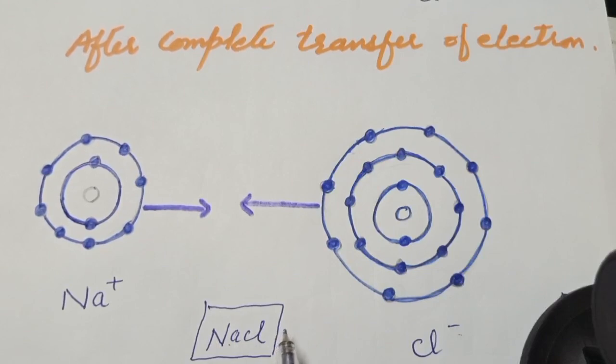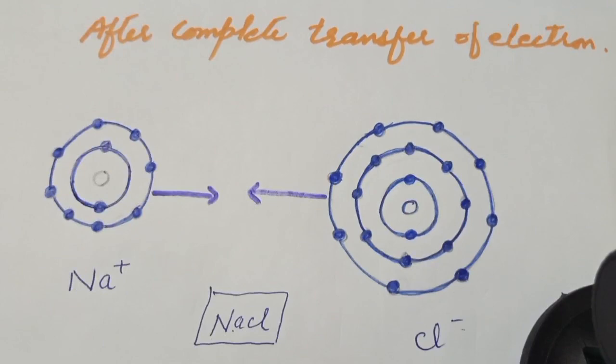Here I will repeat the definition of ionic bond. Ionic bond is a chemical bond which is formed by the complete transfer of one electron from one atom to another atom. I hope you got the lecture, but I repeat it: the bonding electrons are those electrons which take part in the formation of a chemical bond, and the non-bonding electrons are those electrons which do not take part in the formation of the chemical bond. And ionic bond is a type of chemical bond which is formed by the complete transfer of electron from one atom to another atom.